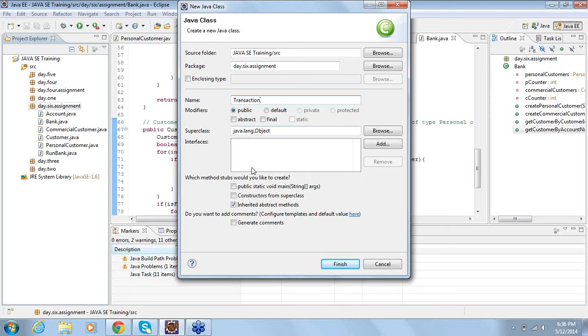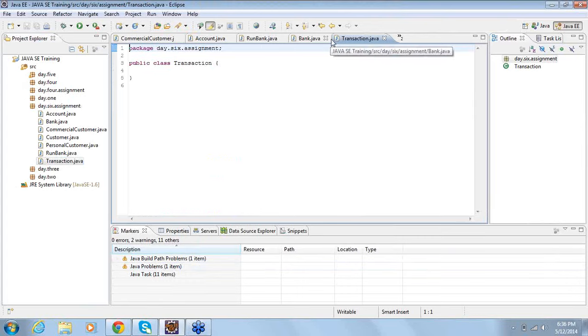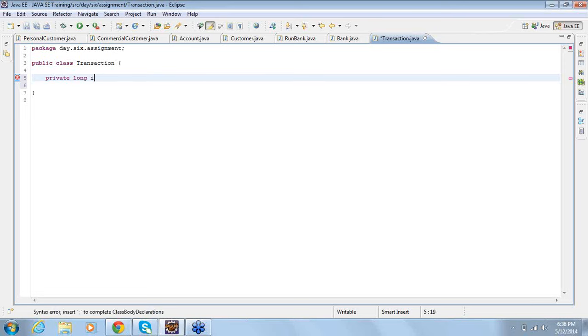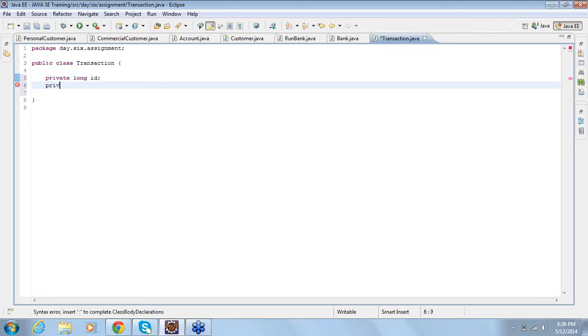Transaction. Now in this, ID, then we have something called date time, when the transaction has been created.